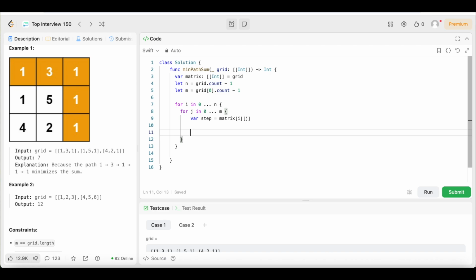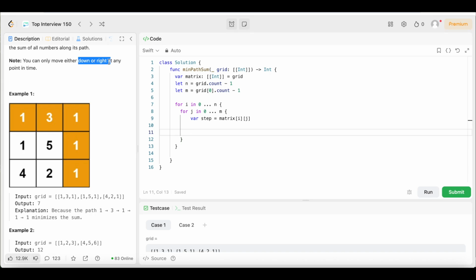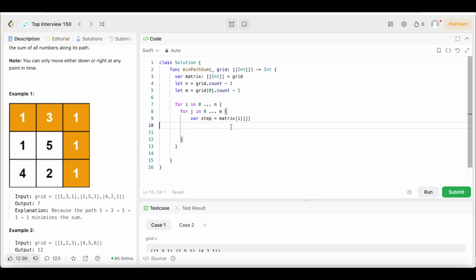Then we need to see if it's not in the first row or the first column, then we need to take the minimum path from above or from the left, because remember, we can only go down or right. So if we're right here, we can check from the left, or we can check from above, right? So in order to do that, we are going to say